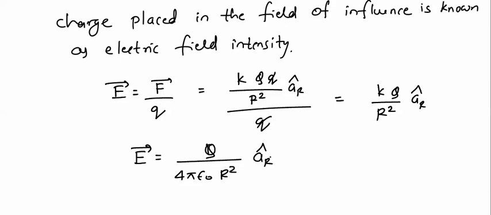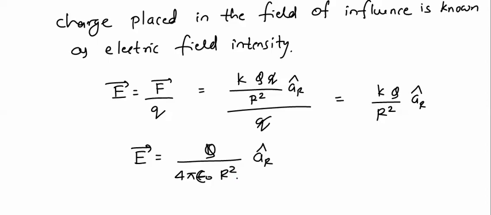So this particular equation represents the electric field intensity due to a point charge. Also, you observe here that the electric field is independent of the magnitude of the destiny, that means the magnitude of the charge on which you are finding the electric field. It just depends on the coordinates of source and destiny. Also, the electric field is inversely proportional to distance. So as we increase the distance, the intensity of the field decreases. So these are certain observations based on this expression.